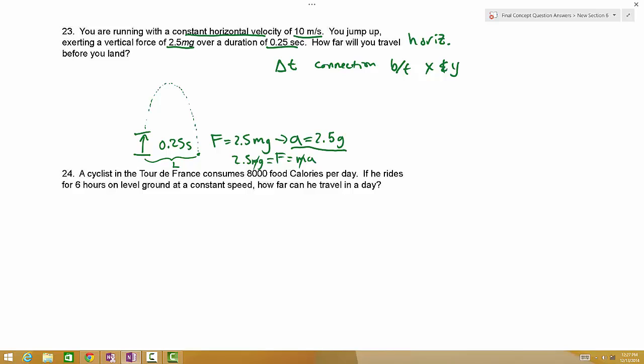Okay, so let's first break this up. We have this first small piece which we'll call delta t1 right there, and then this path, let's call the time it takes to do that delta t2. So delta t equals delta t1 plus delta t2, but we know delta t1 is just, we were told in the problem, 0.25 seconds. So all we need to find is delta t2 to find the time it takes to go along this path. So basically we're going from here to here, and if we focus on the y direction,